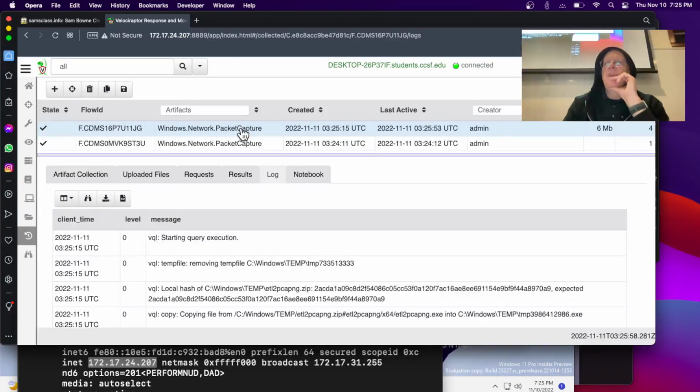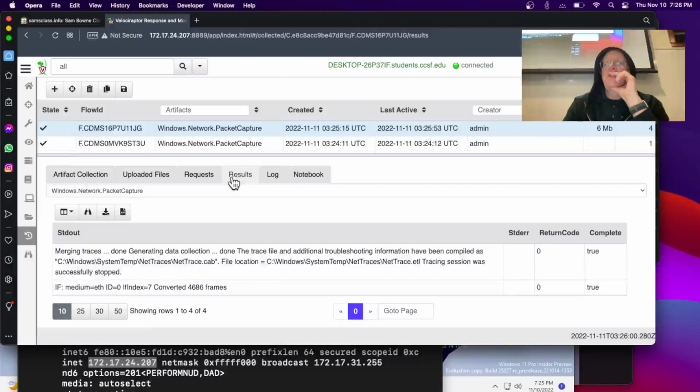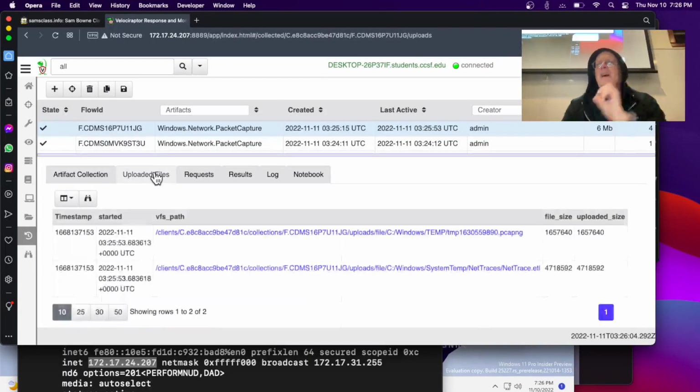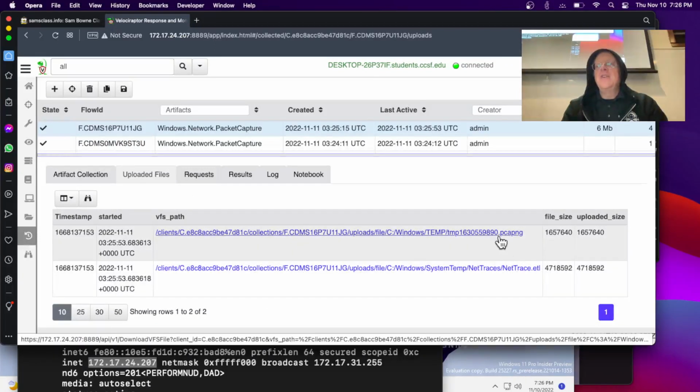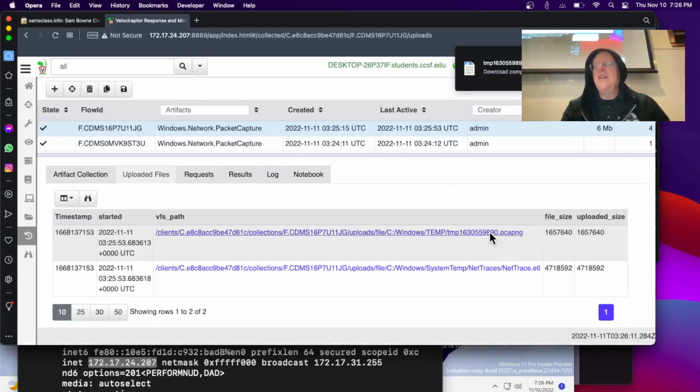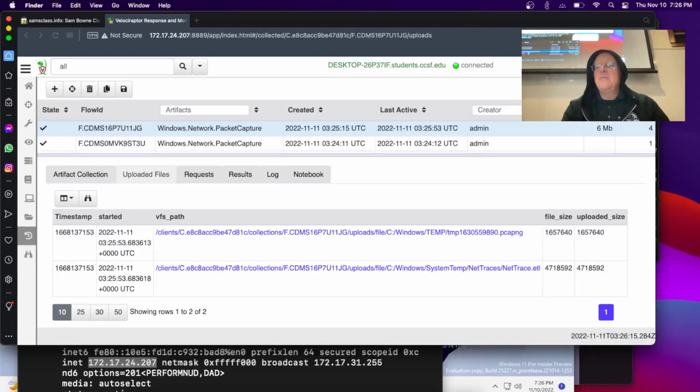There, it's done. So now if I go to results, uploaded files, there they are. Here's the original ETL file, and here's the PCAPNG file. So if I click on this, it downloads it, and then I should be able to open it on this machine. All right, and when I open it, by double-clicking it,